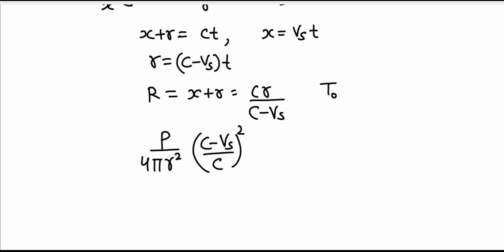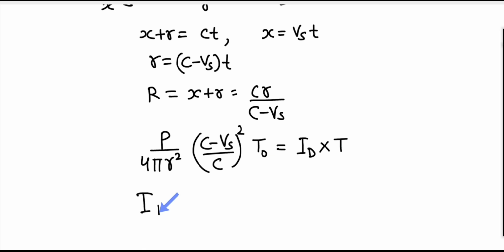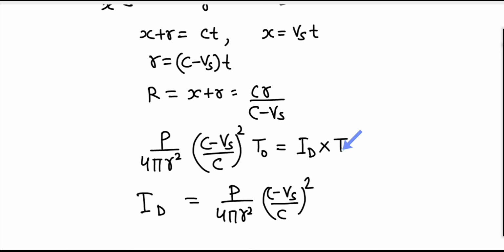So this intensity multiplied by time t naught will be equal to intensity observed into time period, let's say t. From here I can write Id will be equal to p by 4 pi r square (c minus vs by c) square into t naught by t, that will be equal to f by f naught,